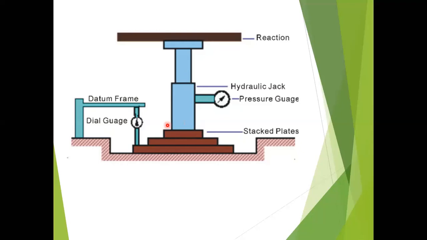In your crushing test you are applying load at 4 tons per minute, up to 40 tons. Like that, here also you are applying the load in an increasing manner, until settlement increases by a further 0.25 mm. Initially 0.25, next you take the reading at 0.5, next at 0.75, then 1. For every 0.25 settlement you have to take the load reading. In CBR you are measuring at 0.5, 1, 2, 2.5, later 5, 7.5, like that.